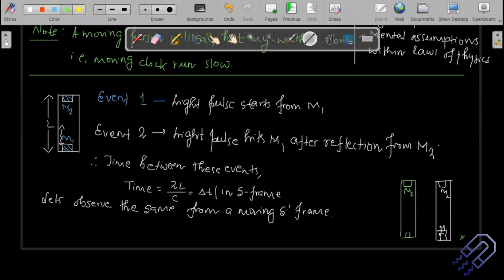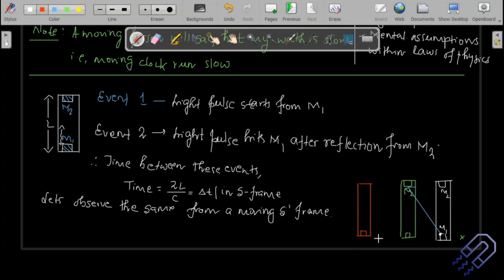Maybe I'll represent this light pulse by a straight line rather. It has reached this particular point. Understand the scenario, right? Now what happens? The light hits the mirror and comes back to M1. But by the time it comes back to M1, this entire frame has again moved a certain distance. So maybe we can draw one more here. You don't need a color code; you can just draw dotted lines.